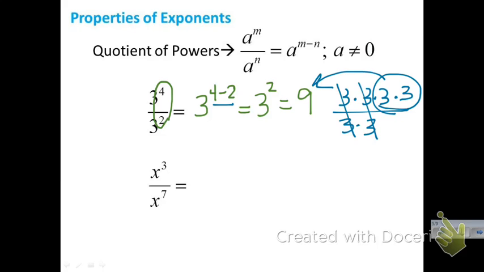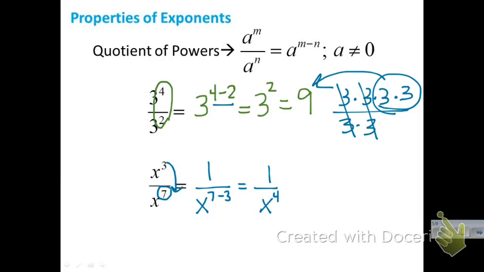Now, on the second one, our exponent is greater in the denominator. So because it's greater, we bring that x down and we subtract. When we bring the x down and the power down, we just don't see that first x. It becomes a 1, and we have x to the 7th minus 3, which then again is 1 over x